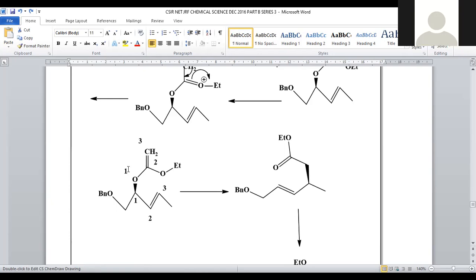Here you can clearly observe this is considered as 1, 2, 3, and 1, 2, 3. They participate in sigmatropic rearrangement. What kind of sigmatropic? A 3,3-sigmatropic rearrangement is possible. How is it possible? Let us see. This pi bond is shifted, and this pi bond is shifted towards this side. This pi bond is shifted. Here the new bond formation is possible. Now this entire alkyl group from the first position to the third position got shifted, and the ether linkage turned into a ketonic bond formation.